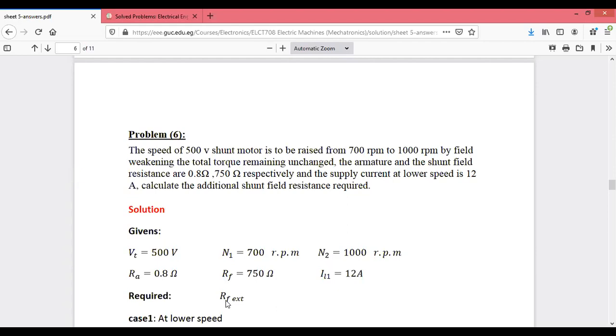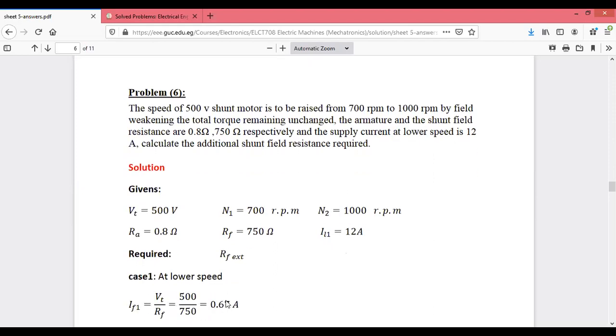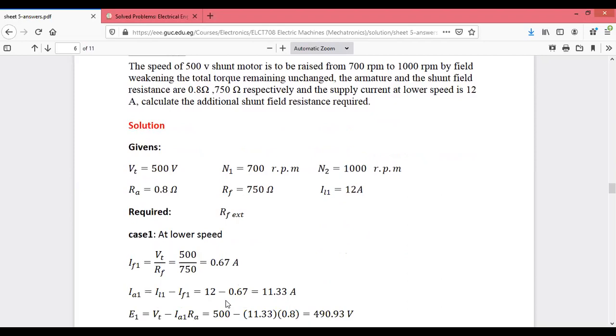When we are taking the shunt motor, at that time, with the DC motor in parallel we are connecting the field winding. So we are supposed to find the impedance of that field. So here they have given the values of input voltage. They have given the value of the field resistance RF. You can see here they have given the value for the RF.